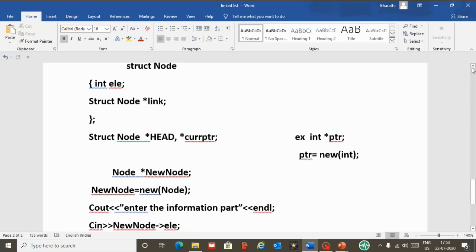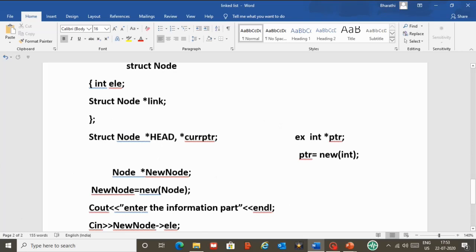In the create function, I will have this code for dynamically creating. Before that, I will write this structure as a part of a class. Because a structure is also a data type, you can have it as a part of the class and all this declaration part. And then whenever I want to create a new node or I want to insert an element, I will write this code